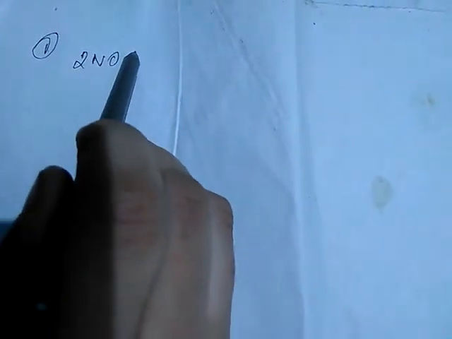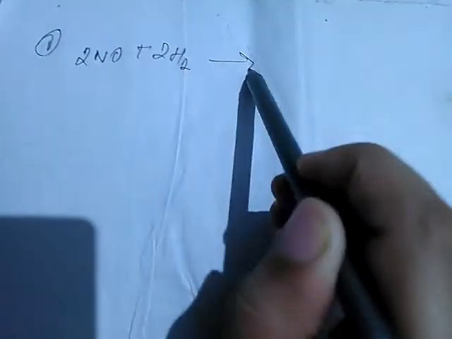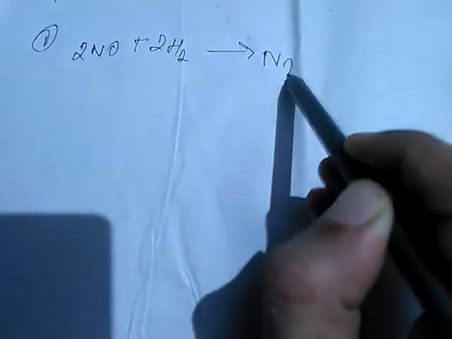Going toward one more example of a complex reaction: 2NO combining with 2H2 giving the products N2 plus 2H2O. This is a complex reaction which I have written. Now, since it is a complex reaction,